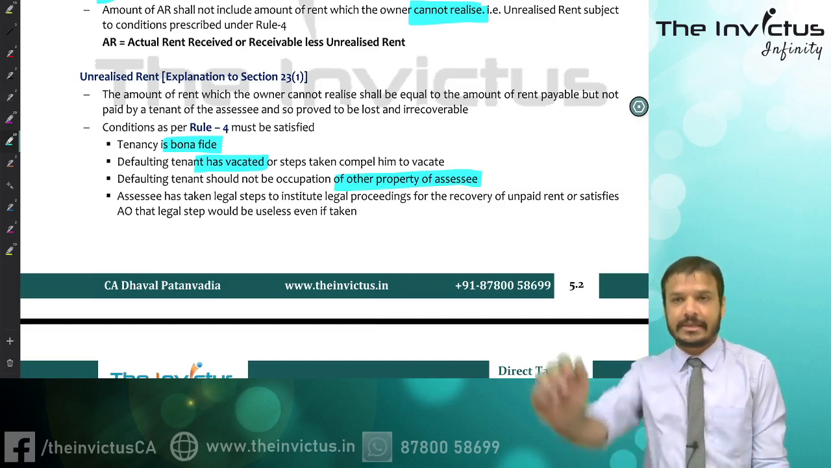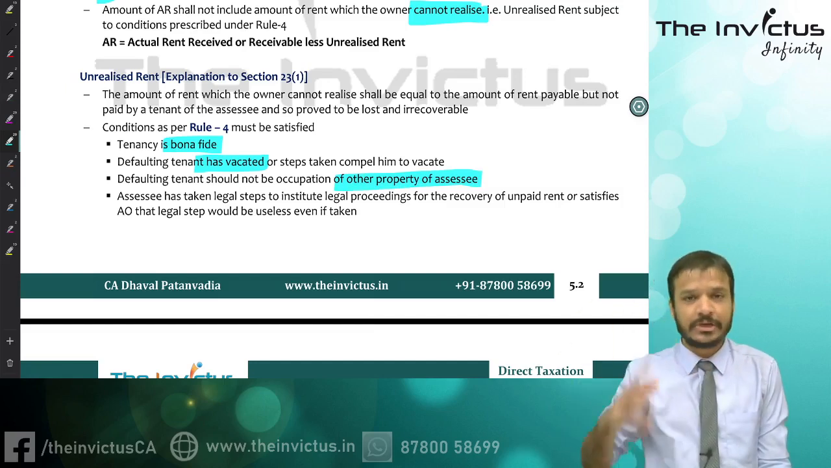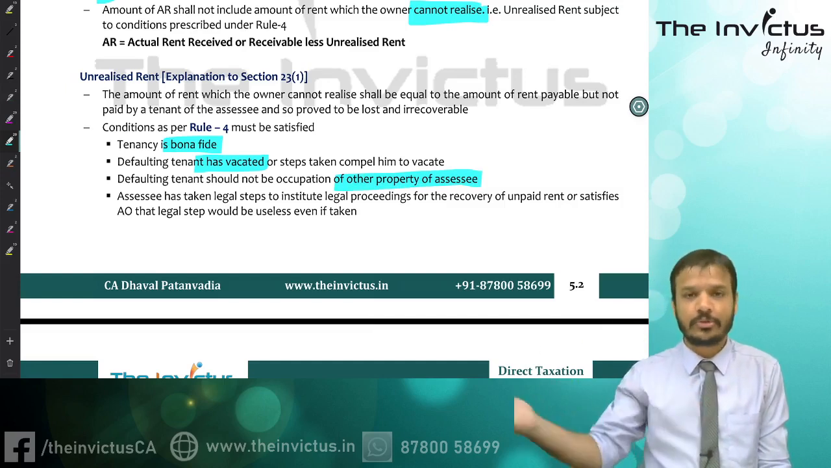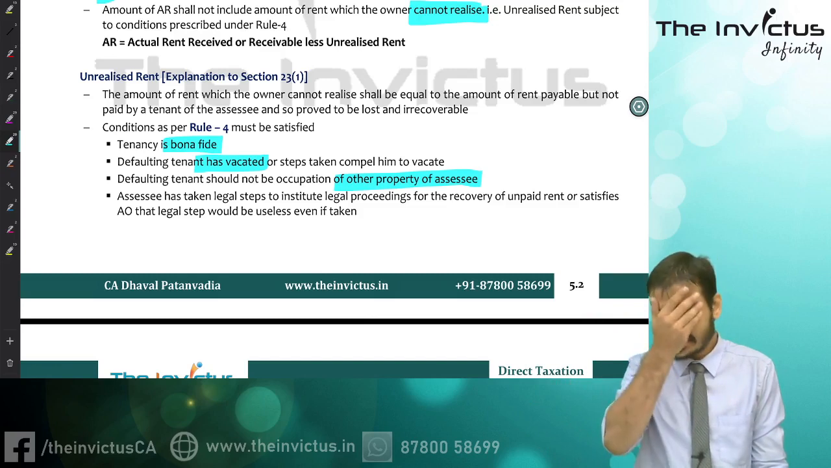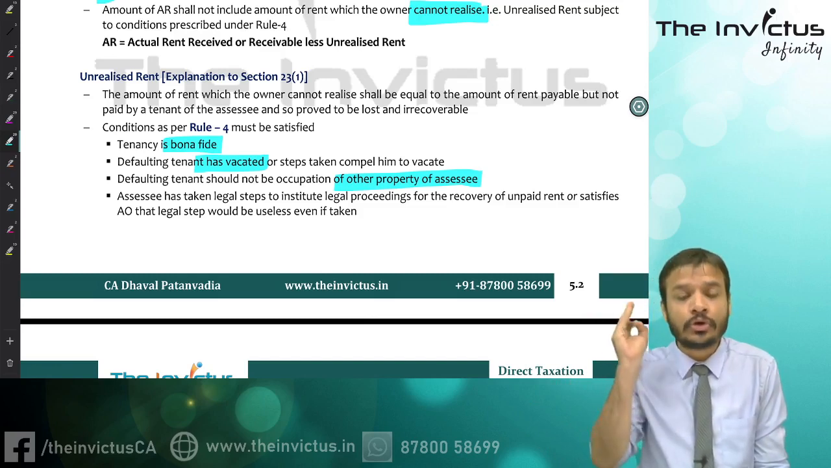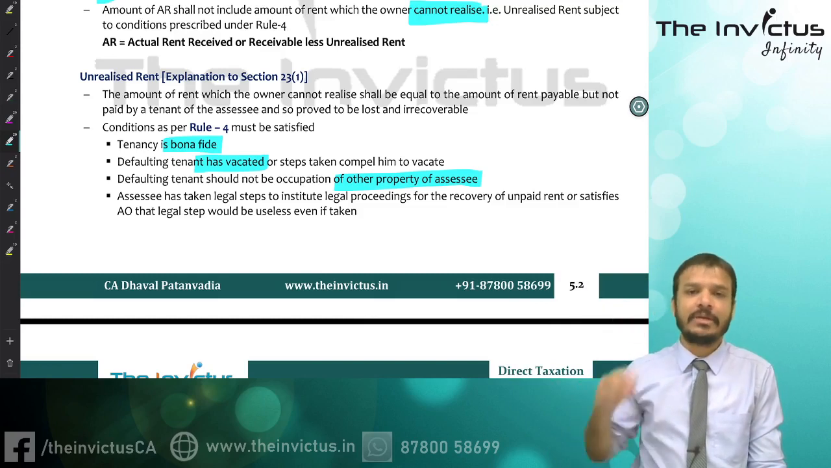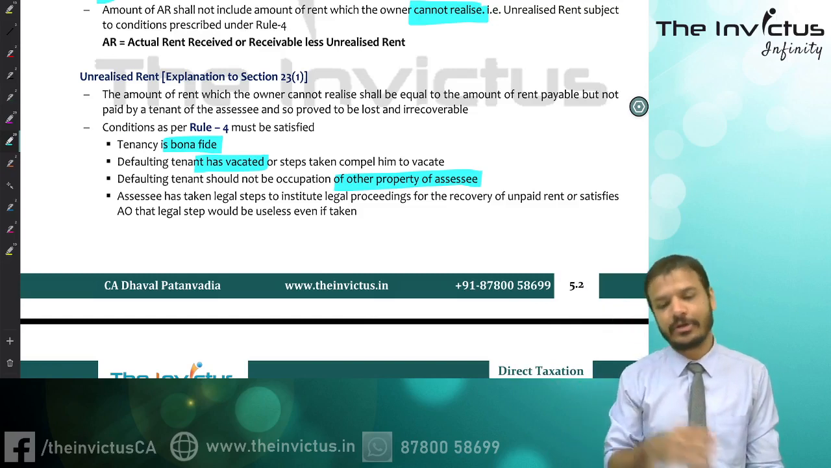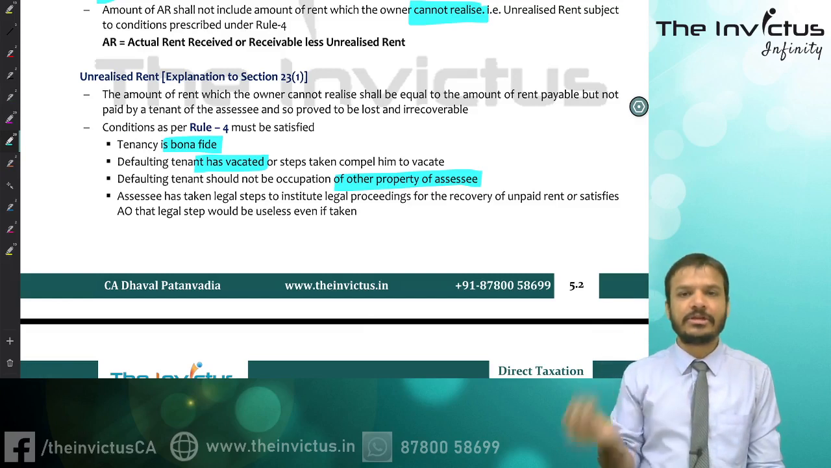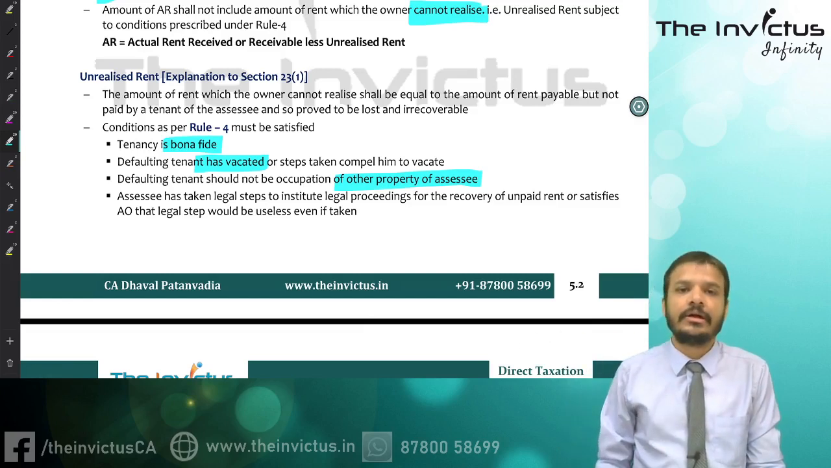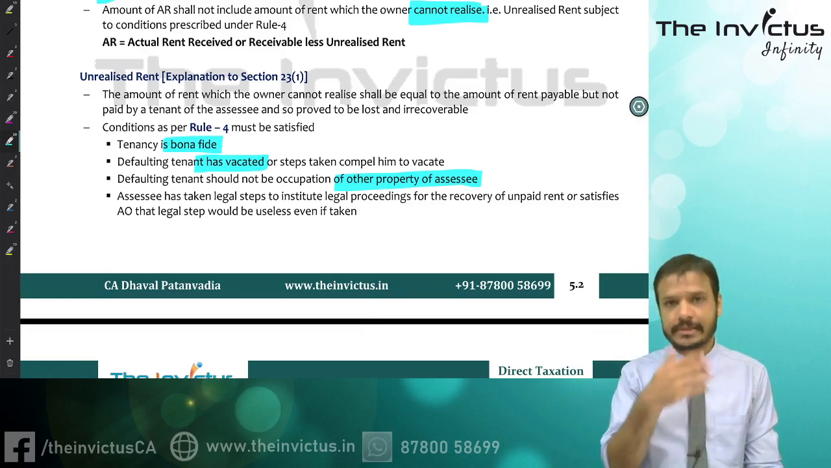Second point says you must vacate, right? You must get your property vacated. Third thing says defaulting tenants should not be in occupation of other property also. For example, if Mr. X is a landlord and Mr. Y is a tenant, Mr. Y is not paying rent for the house property which is taken on rent from Mr. X,